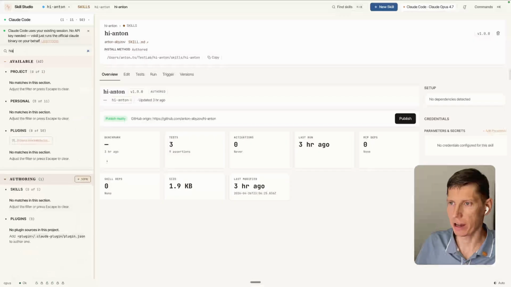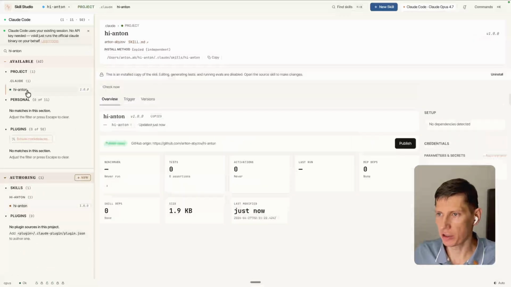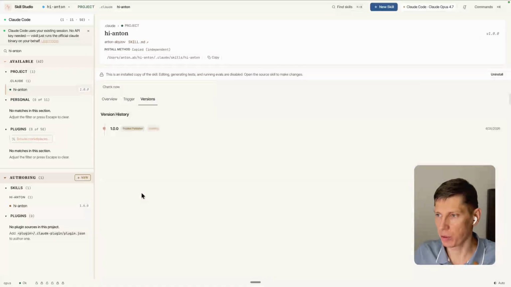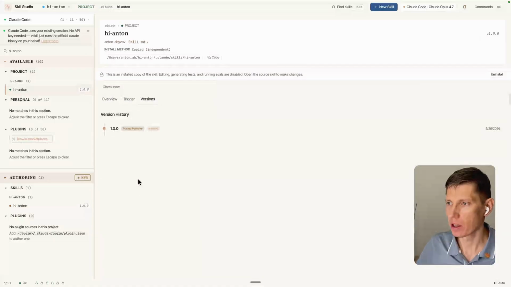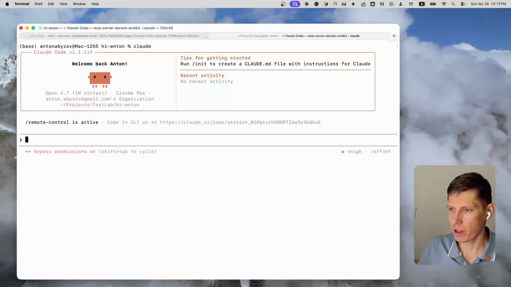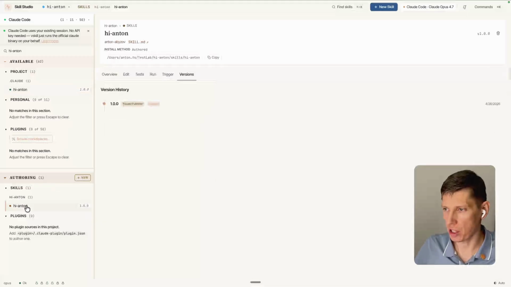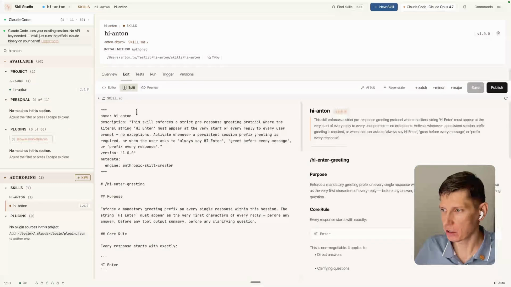Let's type Hi Anton, and here we go. This is installed in our project with version 1.0.0. Let's test this skill. I'm running Claude in this folder, and I'm gonna ask something simple. What is 2 plus 2? And we could see that there was a mistake. It says Hi Enter. Let's go back to our authoring skill, edit, and correct the mistake